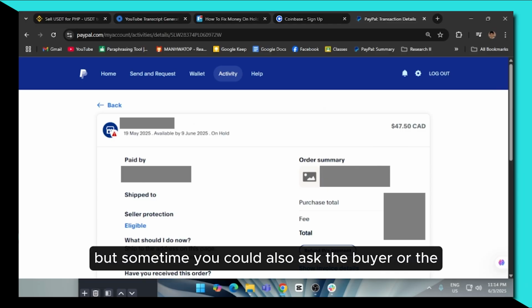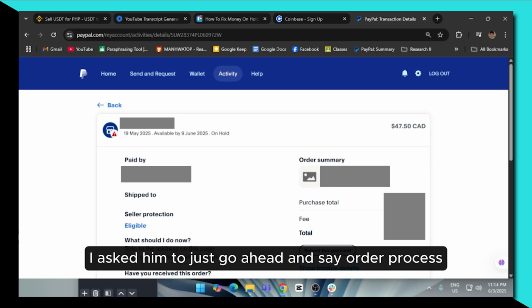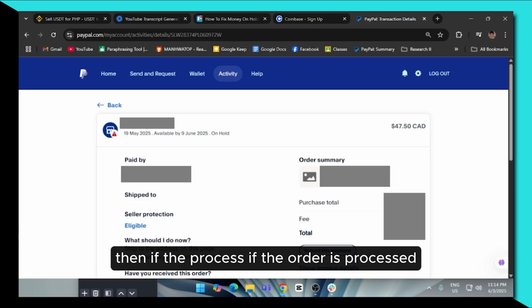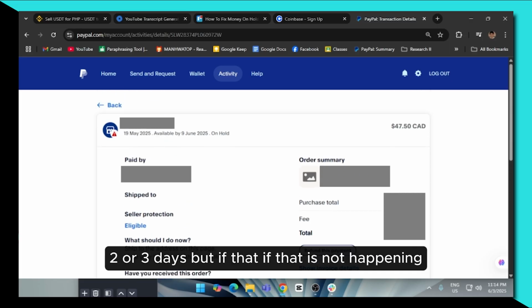But sometimes you could also ask the buyer or your client. So for example, I asked them to just go ahead and say order processed. Then after that, they would go ahead and click order processed. Then if the order is processed, you will now be able to get your money in like 2 or 3